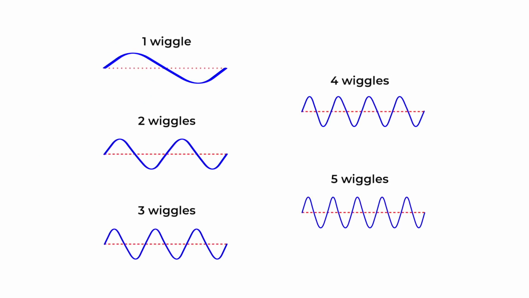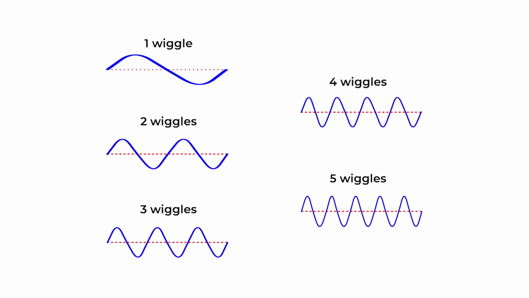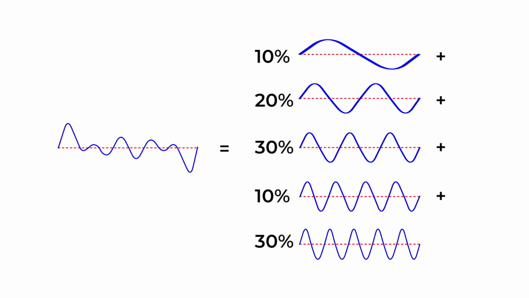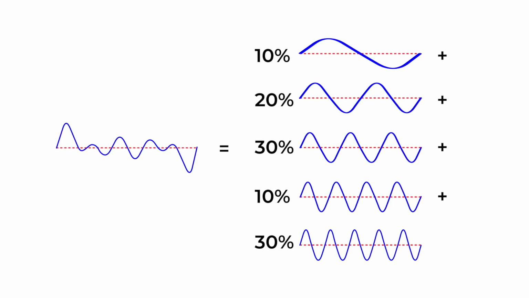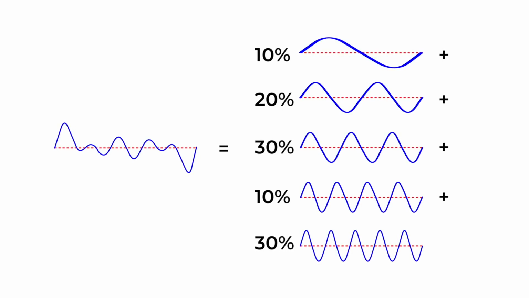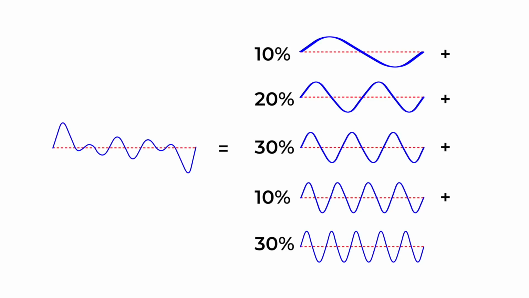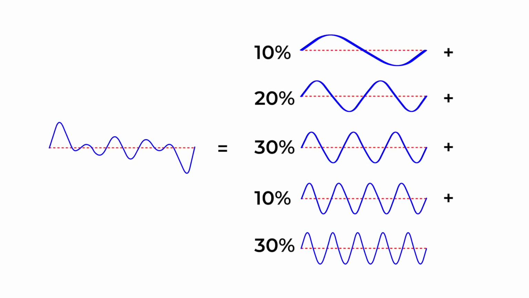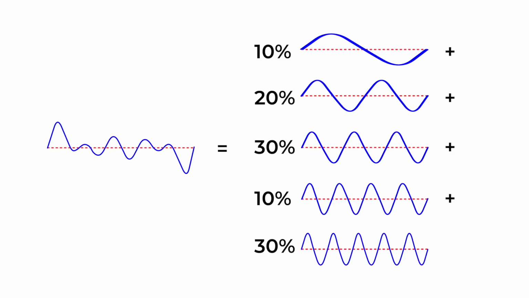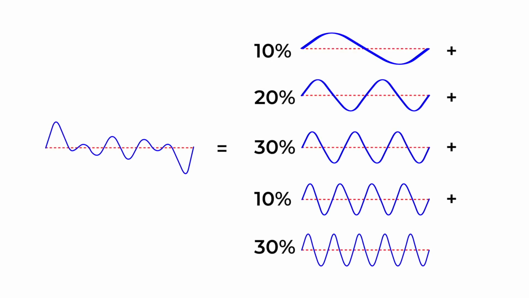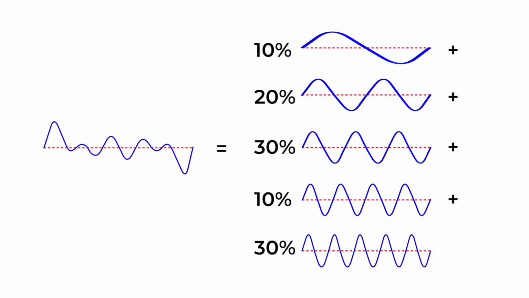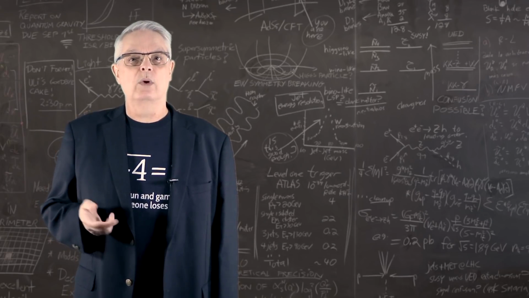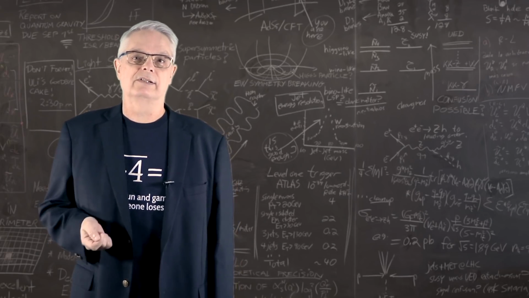This form of mathematics is called Fourier series analysis, and when you apply the proper techniques to it, what you find is that the wiggly function is a mix of pure sine waves. Breaking it down, you find that it is 10% the least wiggly sine wave, plus 20% the second most, 30% the third most, 10% the fourth most, and finally 30% the fifth most. This mathematical approach is similar to the one used to figure out what messages the CMB is telling us.